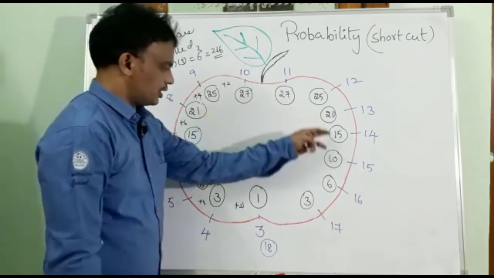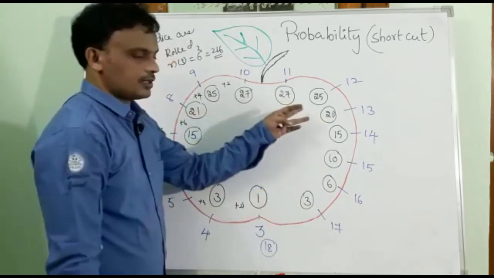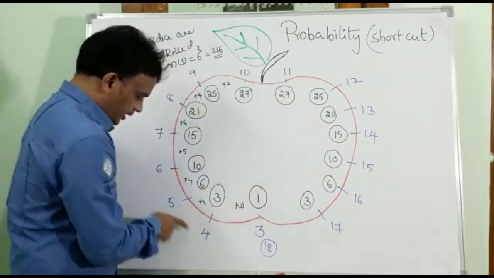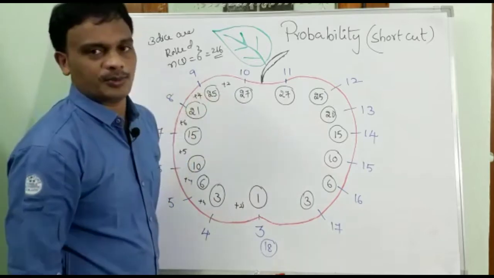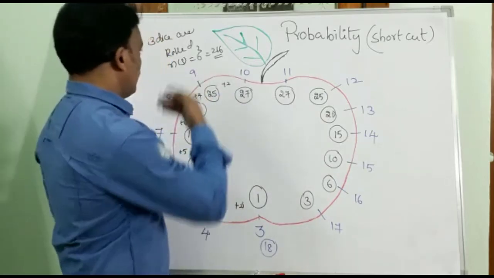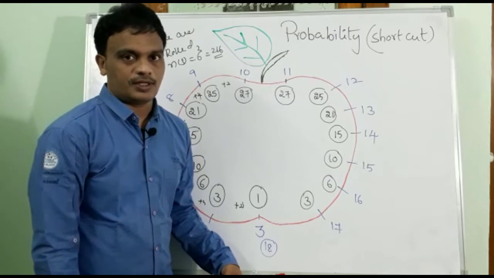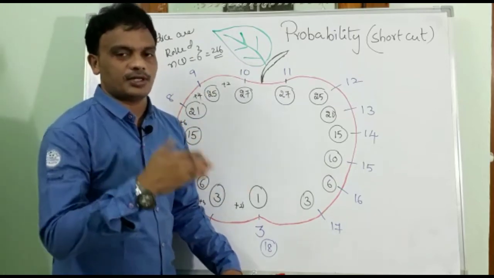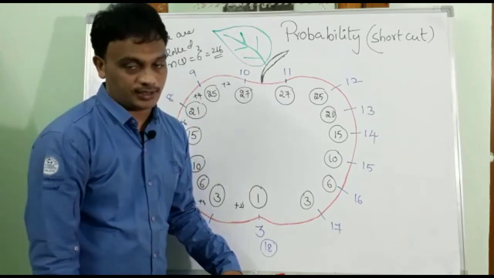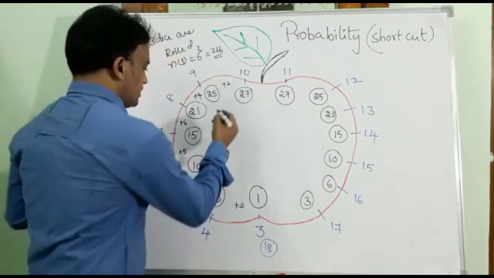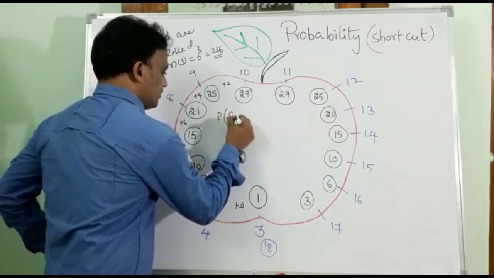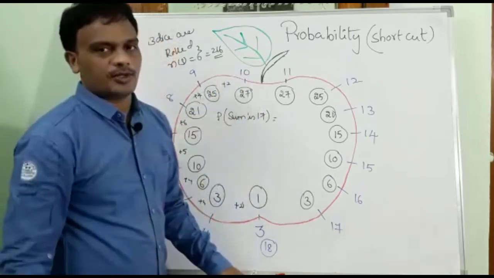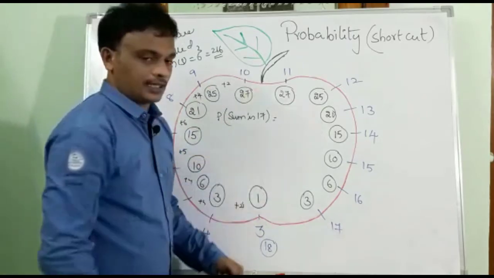These are the favorable cases to get each sum. We may get problems like this. When three fair dice are rolled simultaneously, which means they have the numbers 1, 2, 3, 4, 5, 6 on their faces, what is the probability that the sum is 17? No need to write all the possibilities, within seconds we will get this.